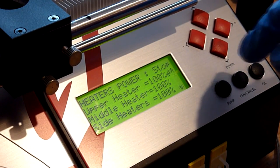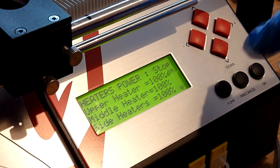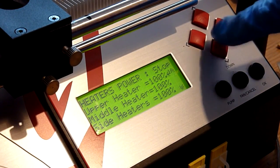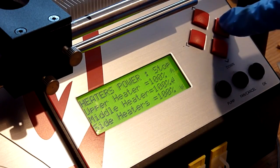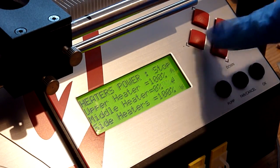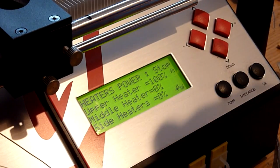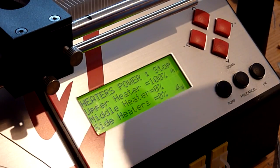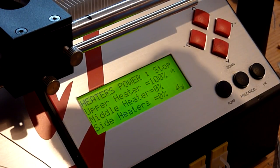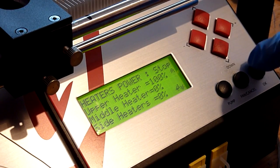and then basically we've got options for our upper heater. That's the one we've just swung over. The middle heater is the middle plate on the bottom heater, and the side heaters are the left and right plates on the bottom heater. So we want to turn both of those off. So the middle and side heaters are going to 0%. That means those aren't going to run. The only heating element we are going to run on this now is the upper heater that we've just swung over. Once we're happy with that, we can hit the OK button,